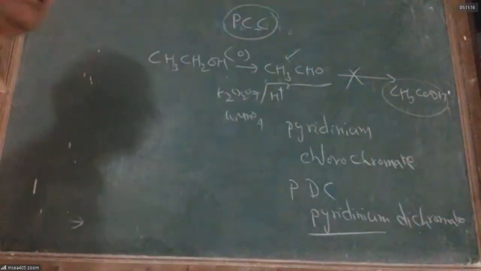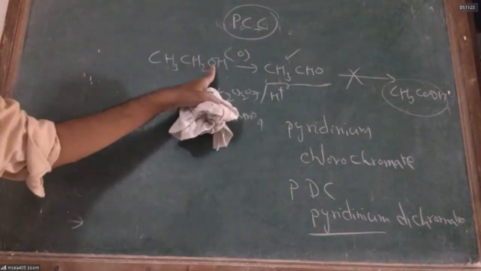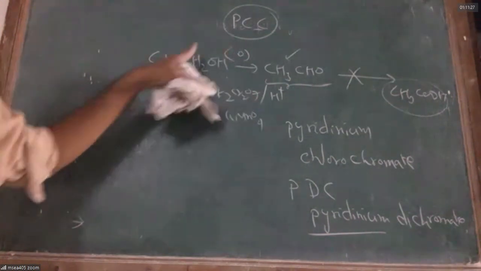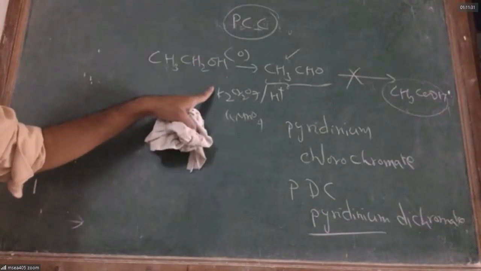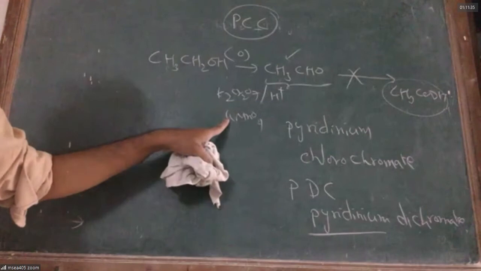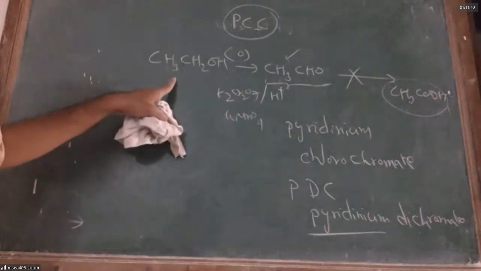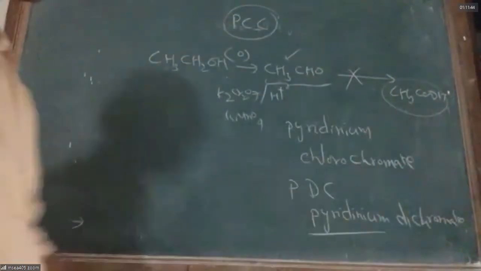You don't get aldehyde. What is this reaction I am talking about? I am talking about adding oxygen to alcohols. Adding oxygen is called what? Oxidation. Who will bring about oxidation? Oxidizing agents. What are the oxidizing agents I have? Potassium dichromate and sulfuric acid, potassium permanganate, sulfuric acid, and so on. What can the oxidizing agents do? They can convert alcohol into aldehyde, and aldehyde into carboxylic acid.